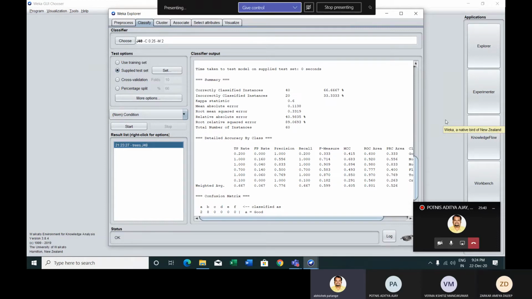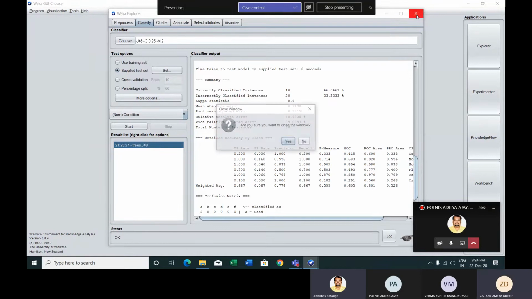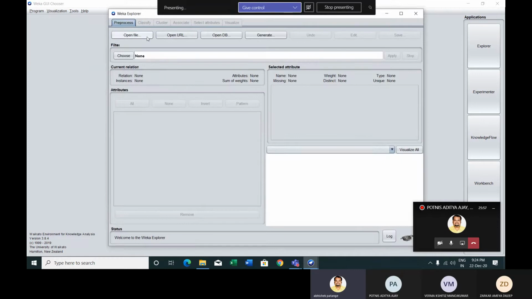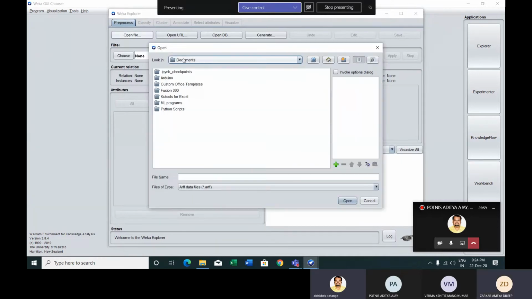Now let us go for the last option, which is percentage split. You can close Weka and restart. Now here you have to open the original file, including all samples.